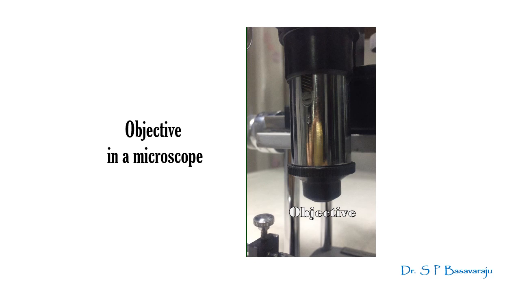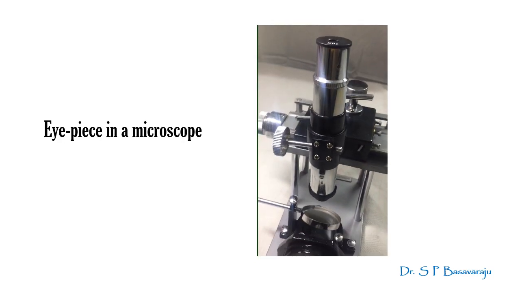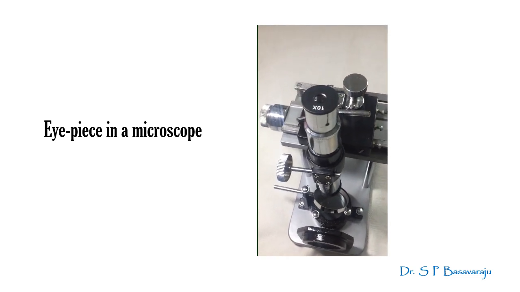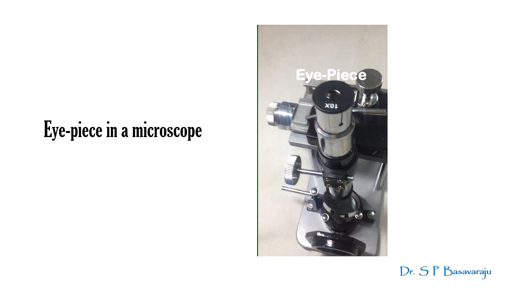Now come to the other end of the microscope. There you see the eyepiece. Here what you see at the top is the eyepiece. It is the end of the microscope where we view with one of our eyes. Hence the name eyepiece. Unlike the objective, it is not a single lens and is not even a fixed part.